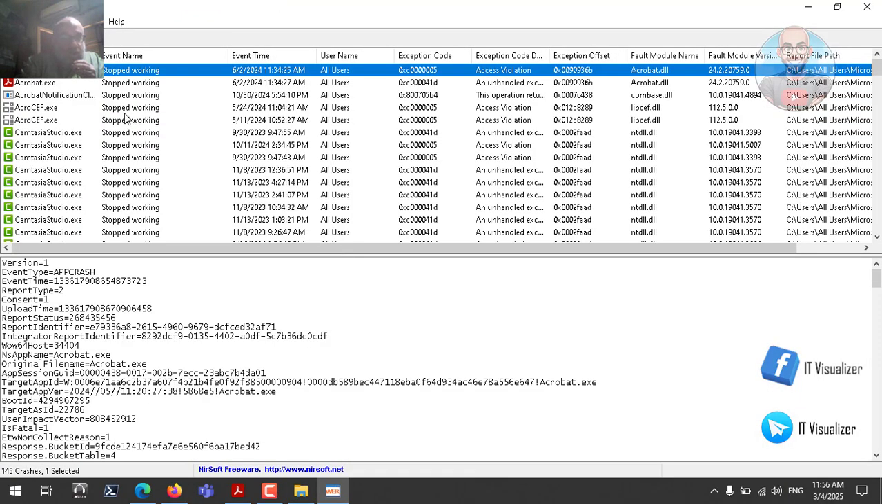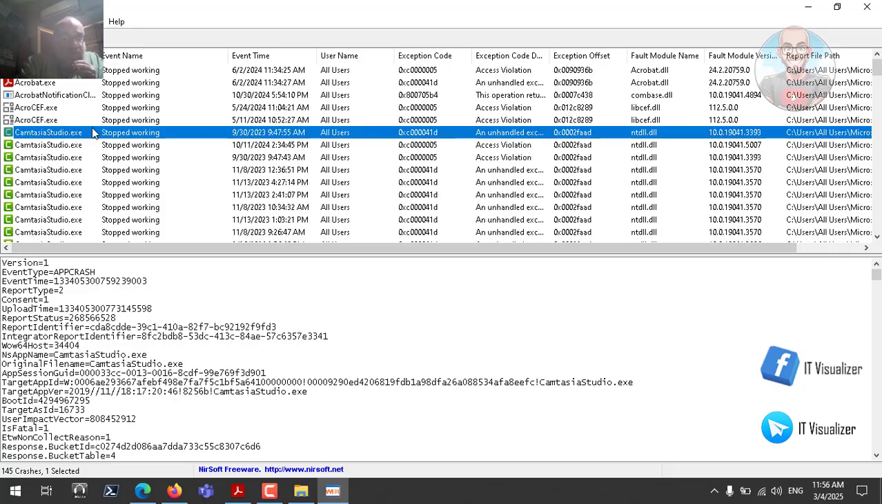So now we can see a lot of crashes. For example, we can see here that I have Camtasia Studio that crashed in 2023. This is from 1 year ago, or 2 years at least. So we can see these are all of